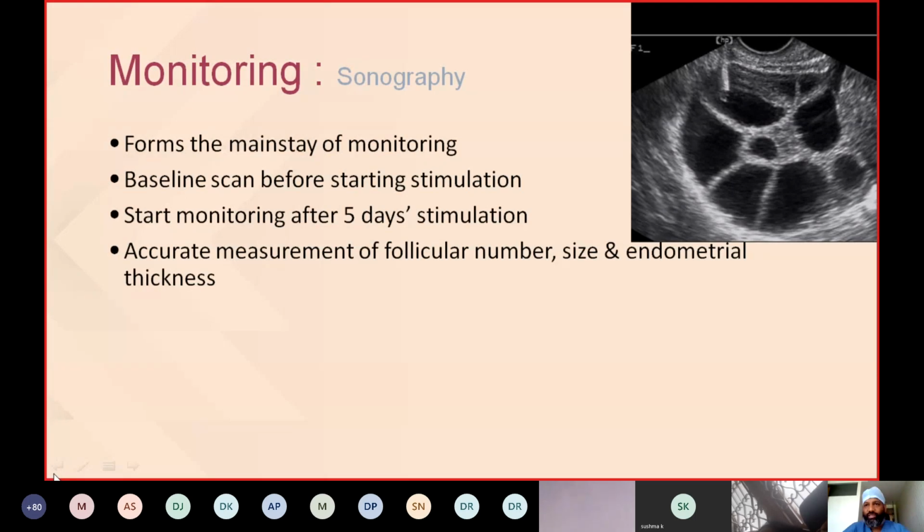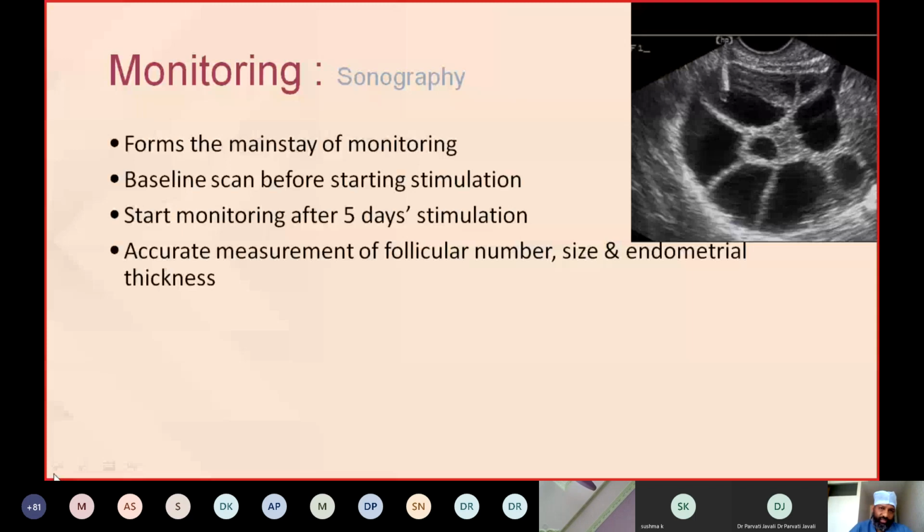I'm showing in the adjacent picture attached. You see nice follicles there. So the mainstay of monitoring is your own follicular growth scan in your OPD, and a baseline scan before starting stimulation is very important. And remember one thing, always and always do a transvaginal scan only, because that will give you a higher intensity and better resolution picture compared to abdominal ultrasound, and a correct assessment of the number of follicles, or if there is a cyst to start with on the second day, it can be seen better on a transvaginal ultrasound.